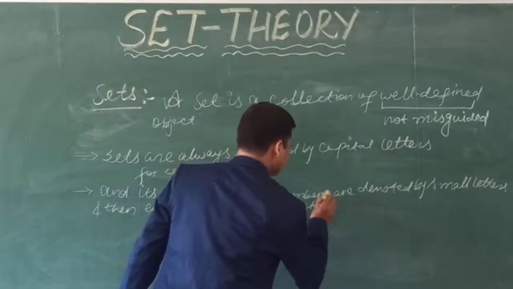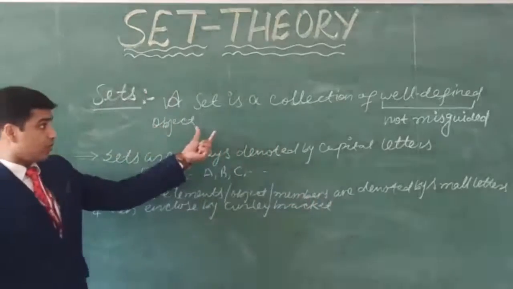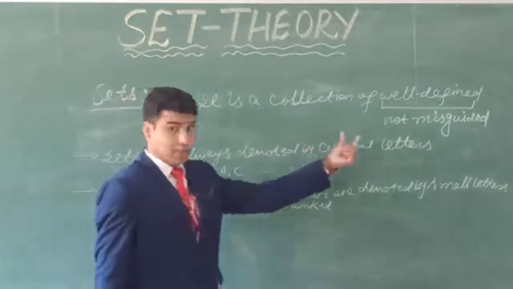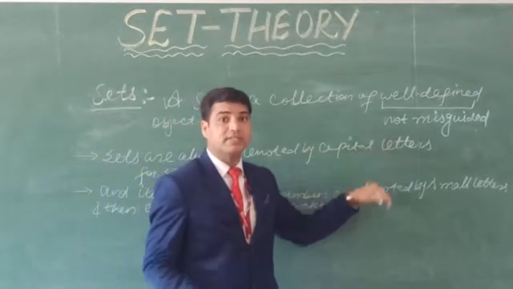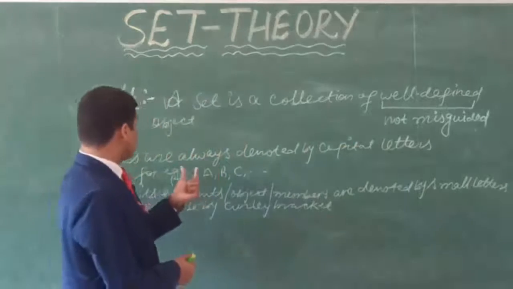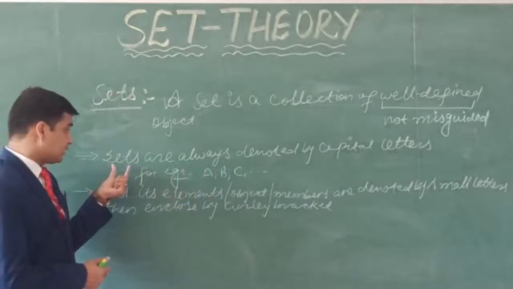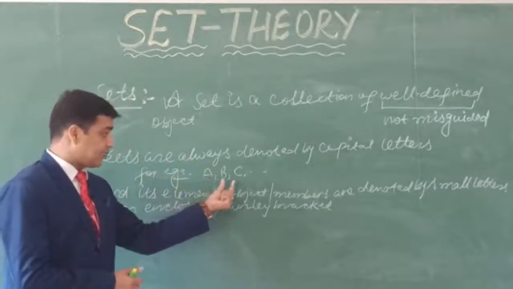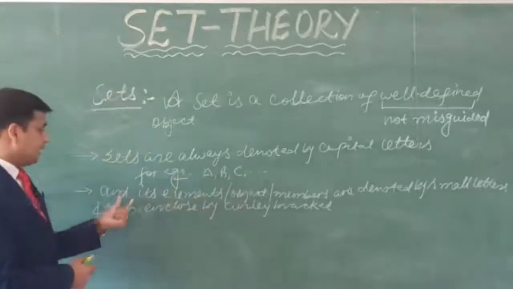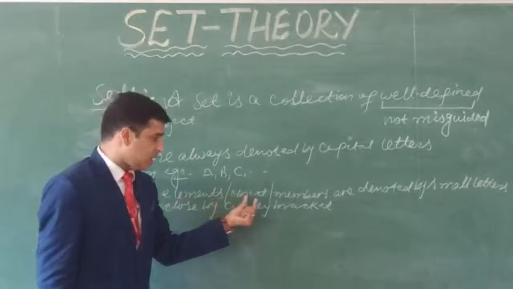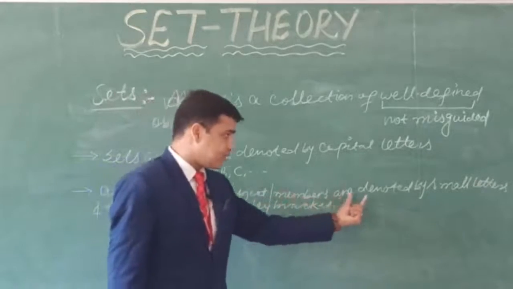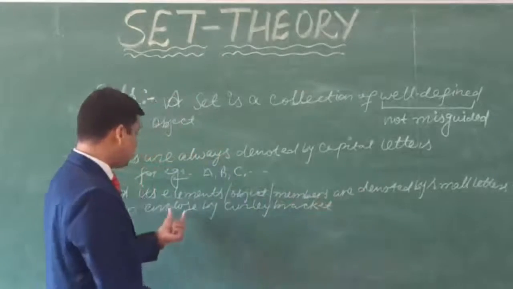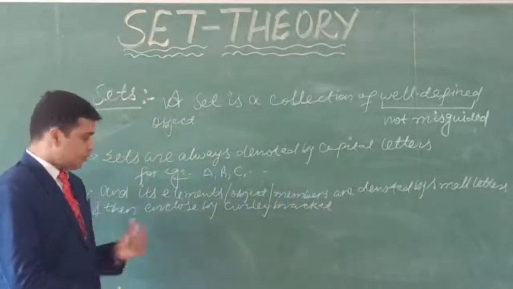See this here. A set is a collection of well-defined objects. Well-defined means not misguided. It should be very clear in which sense we are talking here. So the next point is sets are always denoted by capital letters, in this way: capital A, capital B, capital C. And its elements, or objects, or members, are denoted by small letters, and then enclosed by curly brackets. For example, I am taking